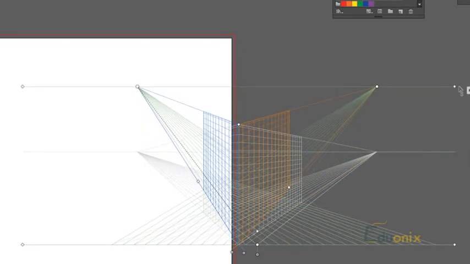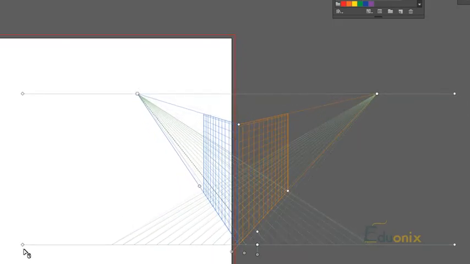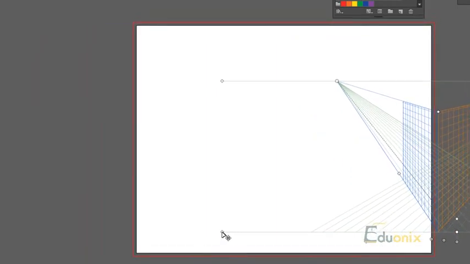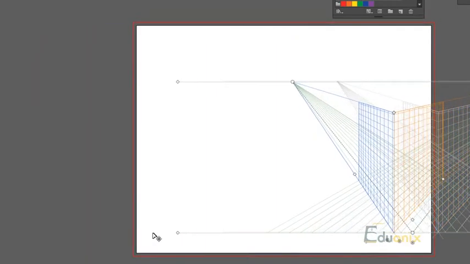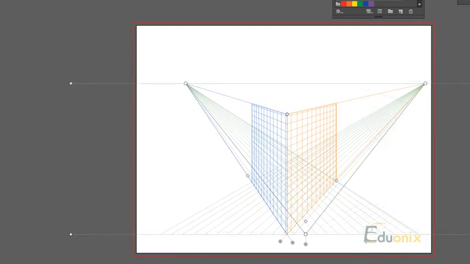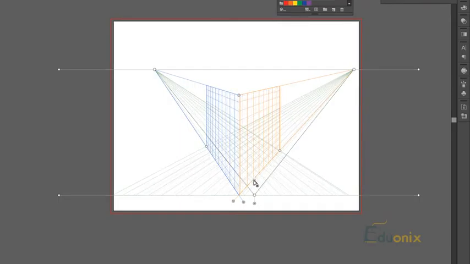So I'll set up something kind of steep, because in the next video we're going to be drawing things. The ones in the bottom left and right are what you use to move your grid. So: horizon line, move, change the amount of cells, cell size, widget,